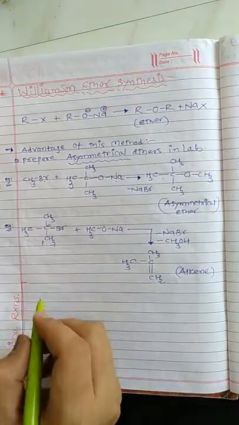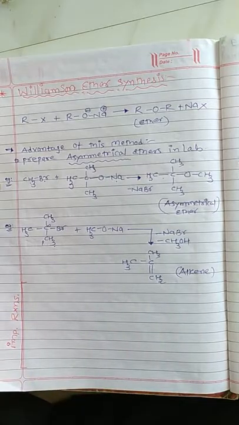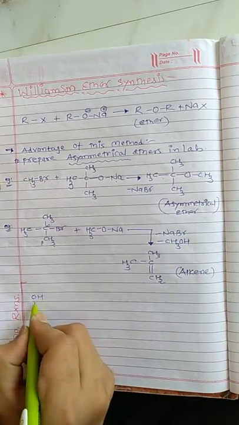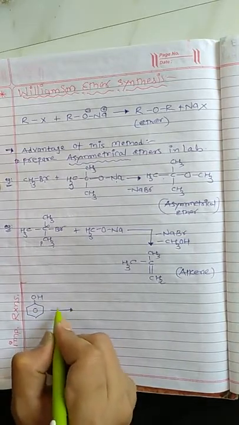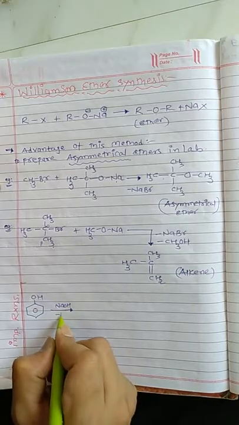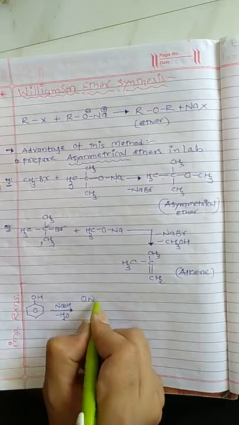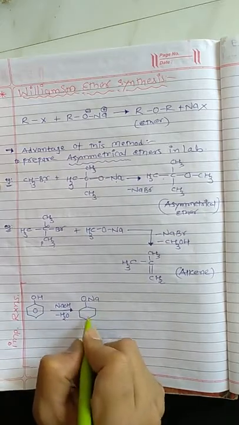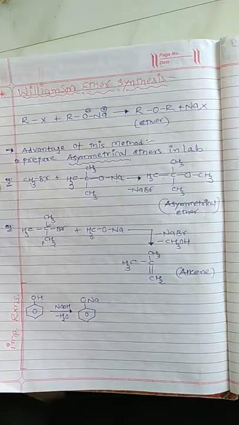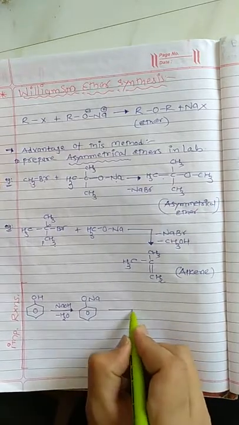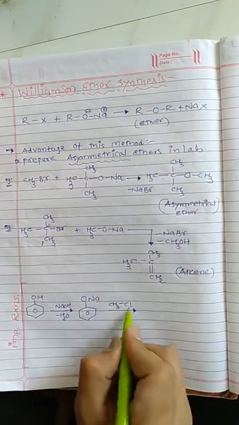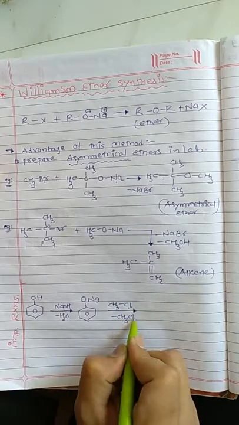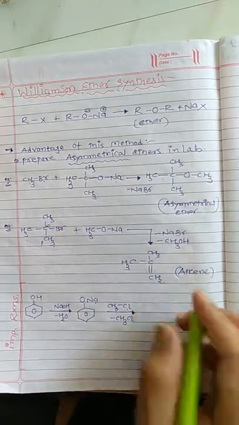So a question is, how can you manufacture anisole and phenol in a laboratory? So we have an example: phenol first of all reacts with alkali, meaning NaOH. With loss of water, it will give sodium phenoxide. This sodium phenoxide molecule reacts with haloalkane, meaning CH3Cl. So here Na from here, Cl from here, in the form of NaCl is removed.